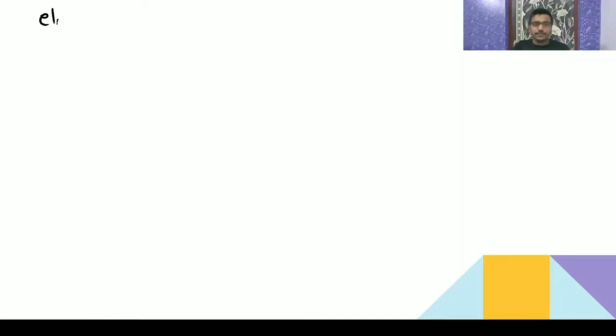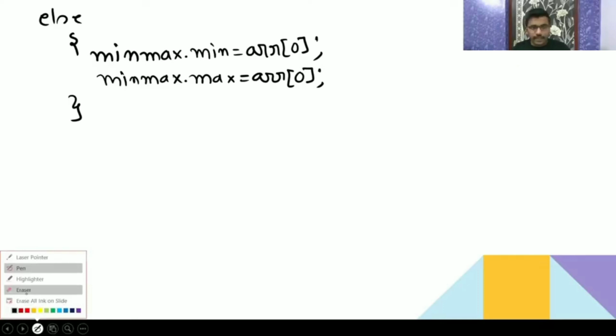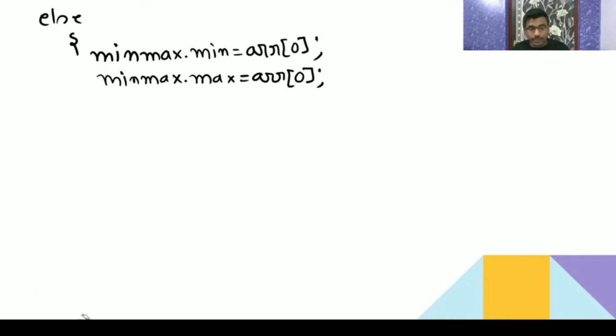Now in the else part, when the number of elements is odd, the max and min are going to be the first element only. So minmax.min is also going to be array of 0, and maximum is also going to be array of 0. When the number of elements is odd, I will start the iteration from i equal to 1, because only the 0th element I have initialized.